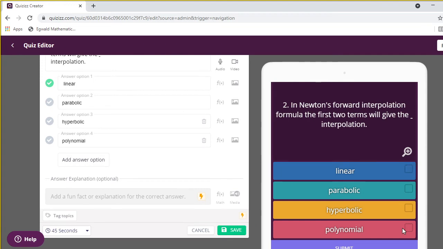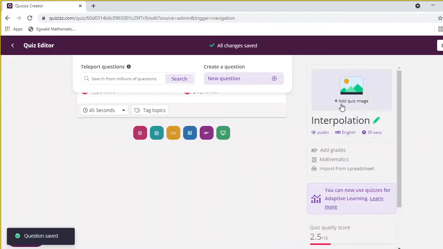how it appears. Listen, check boxes are here. Which answer is correct? The student has to choose the check box. Tick the check box, put the tick mark in the check box. It is somewhat a difficulty level, so 45 seconds I want to give. Save my question. I asked to save.